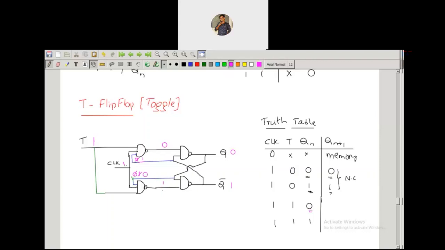And coming to here, the inputs are T equals to 1, clock is 1 and this value is 0. There is a 1 1 0. ANDing of 1 1 0 is 0. If you do its complement, you will get 1 only. Right? So for 0 1,